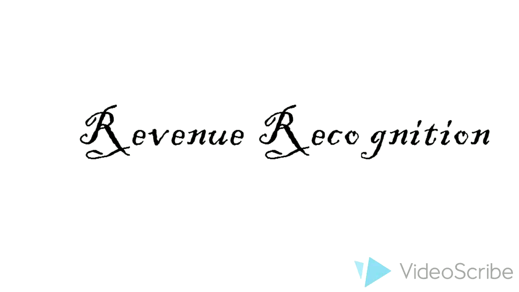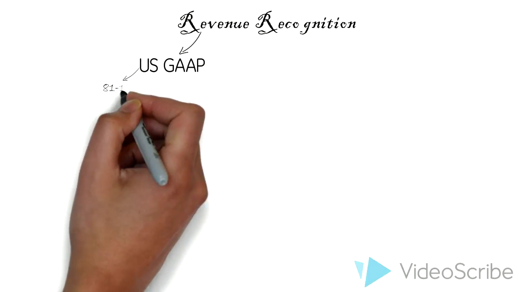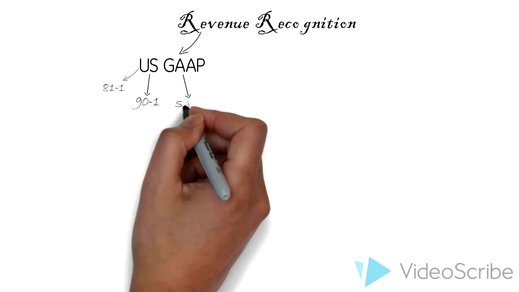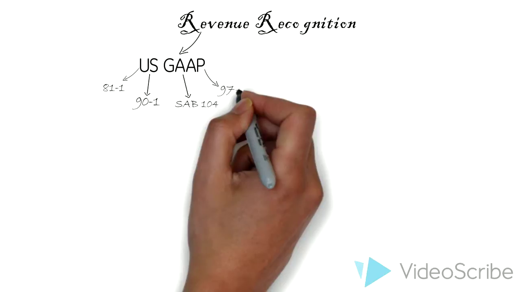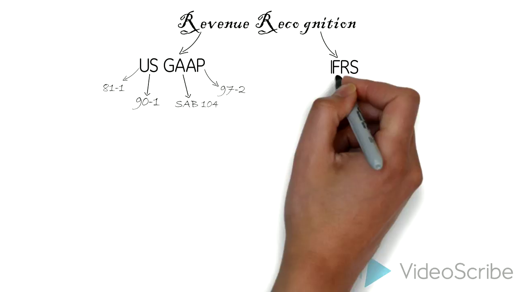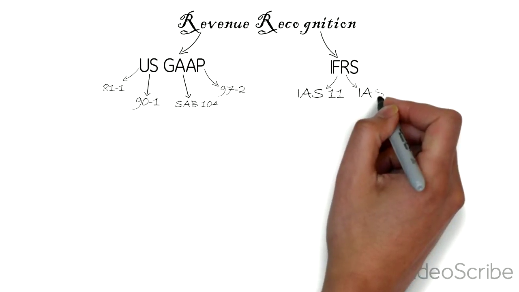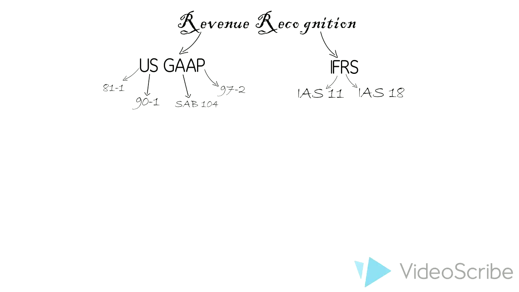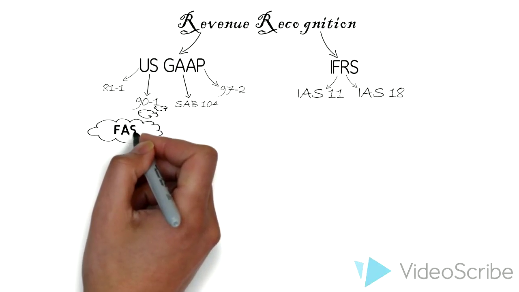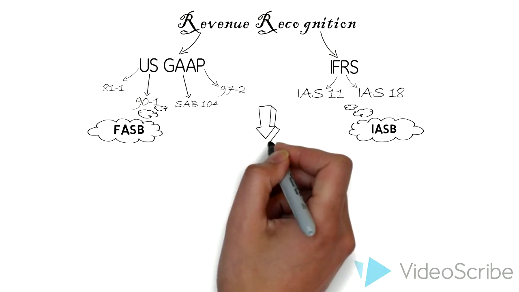The current US GAAP literature for revenue recognition has multiple transaction-specific requirements. These sometimes result in different accounting treatment for economically similar transactions. The IFRS, on the other hand, provides limited guidance on Rev Rec and can therefore be difficult to apply in complex transactions. So the FASB and IASB decided to initiate a joint project to clarify the principles of revenue recognition